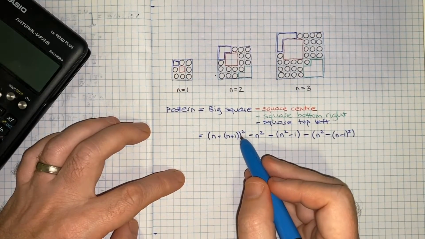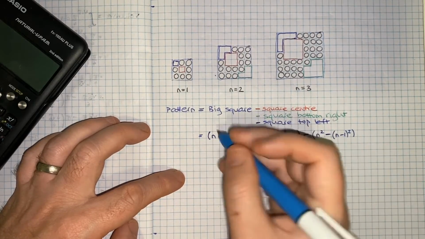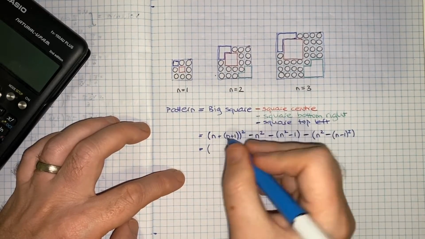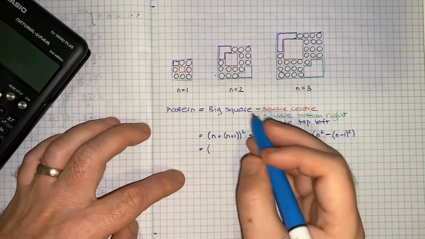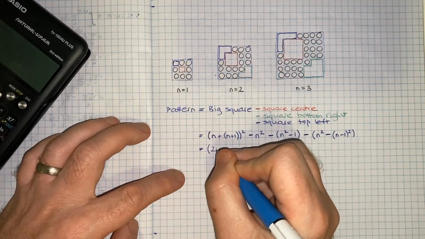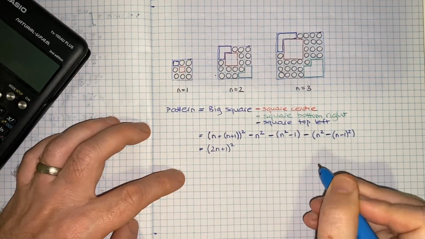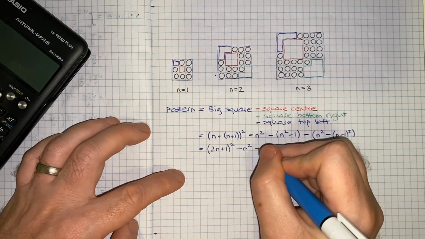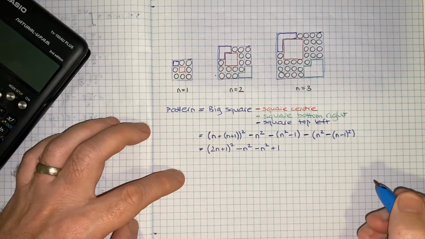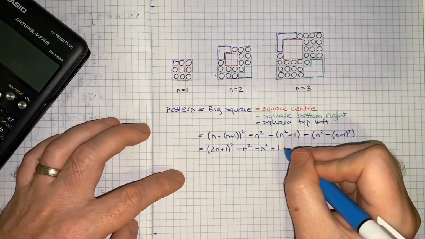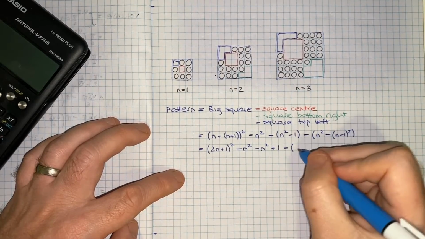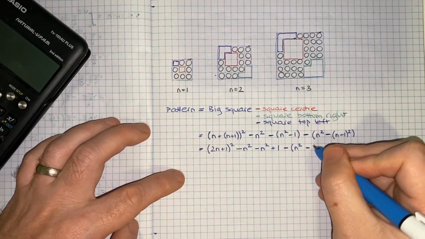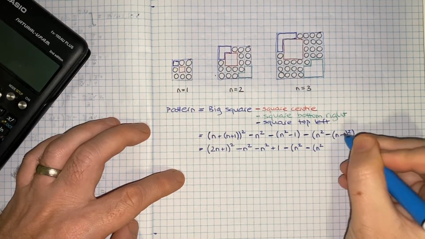If I start with this, maybe I'll clean some things up a bit. This first bracket, n plus 1 plus n, would be 2n plus 1, so I'll call that (2n plus 1) squared. We'll have minus n squared, and then if I expand this minus through, we get minus (n squared plus 1). And here, if I clean this up a bit, we'll have minus, and I'll keep the bracket, (n squared), and here minus, and if I expand this square, it would be the first one squared,